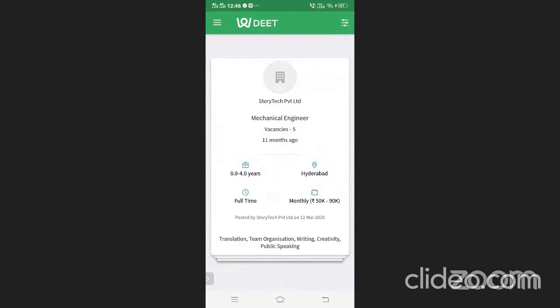Imran Ali sir is asking, do only students have to register or do colleges also register? Sir, the DEET app is for students. So you just have to tell your students that there is this application, which is a job portal, and the students can register directly. Because they are mentioning their college name, we'll get to know how many students are registered from how many colleges. As of now, this is how it is.